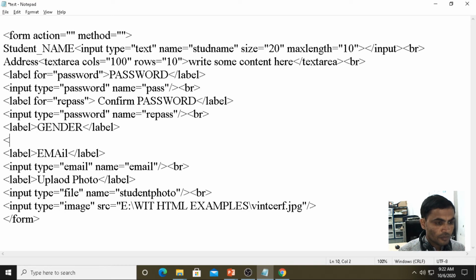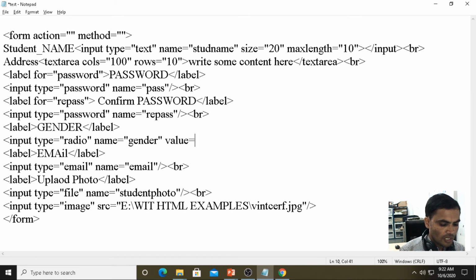Then input type equals to radio, not radio button, radio. Input type equals to radio, name equals to gender, value equals to male, closing the input.